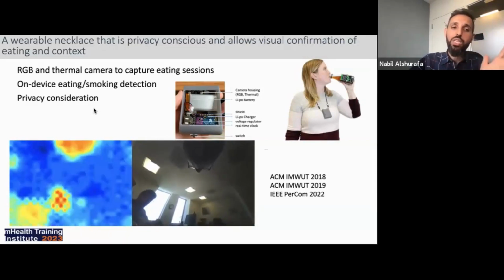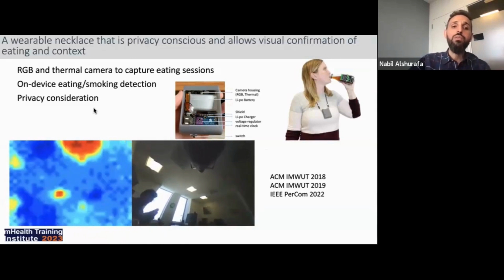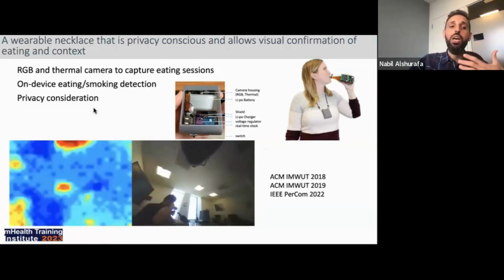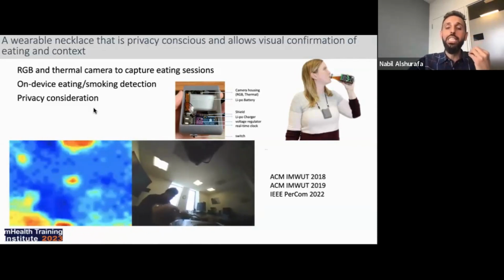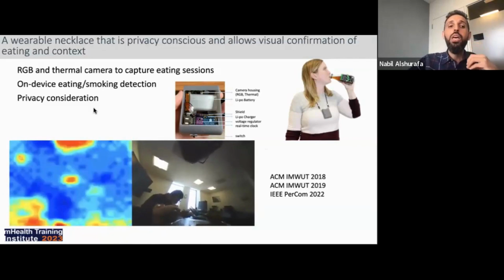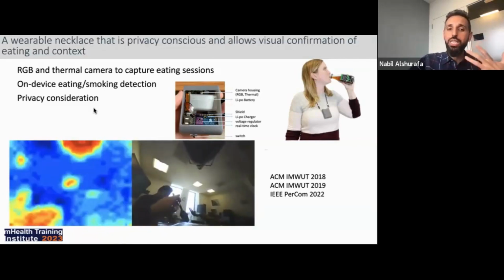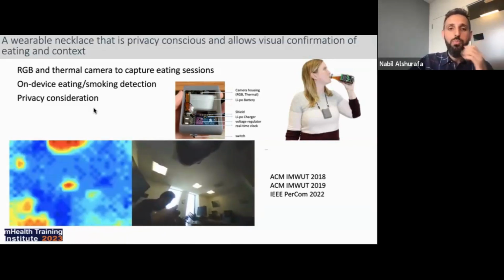Here we clearly see someone eating rice and meat while socializing with someone else. Here to the right, you see the RGB signal, the wearable video, and to the left, you can see the thermal sensor. So we can capture not only when the hand approaches the face, we can get the heat signature from the head as well. And we can actually tell the temperature of the object in hand, whether it's hot or cold.